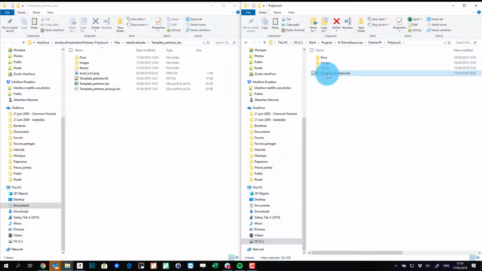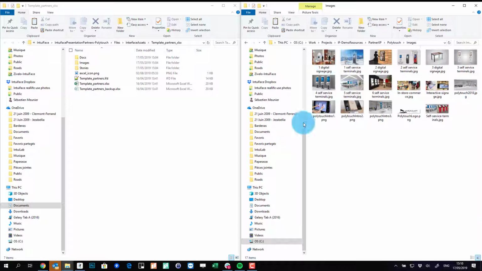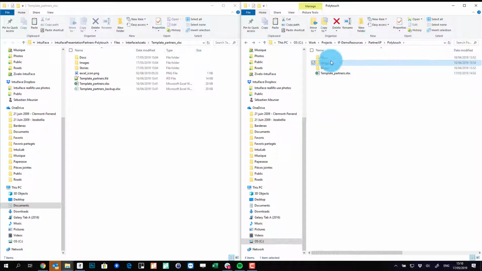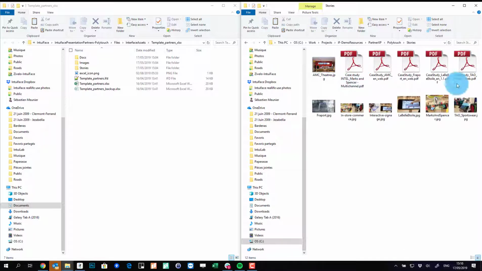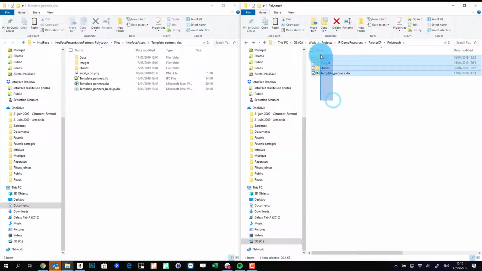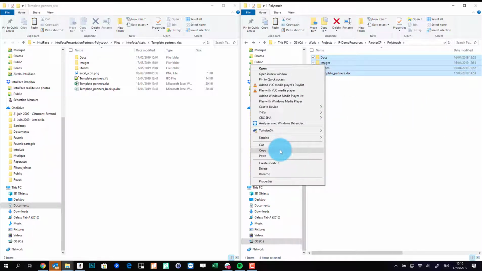You can see that next to my Excel file, I do have my images here. I like to put things in named folders. We have PDF for the company profile, and we have the PDFs for the case studies and the thumbnails for the case studies. Okay, so basically, getting this, copy,